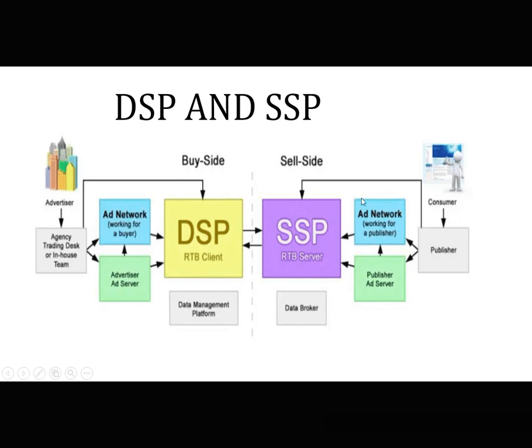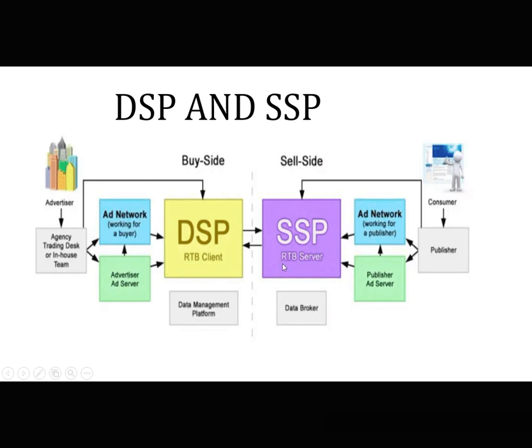So if you reverse the process, this is the consumer, this is the publisher. Publisher is going to an ad network for publishing the ads on its ad inventory. This is the publisher ad server. This is the ad network working for a publisher. This is the SSP, which is connected to the ad network, and this publisher ad server is connected to the SSP